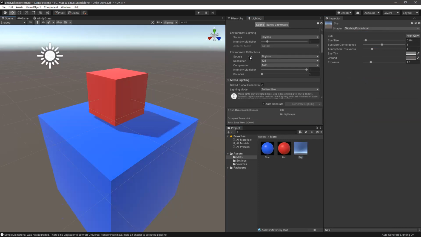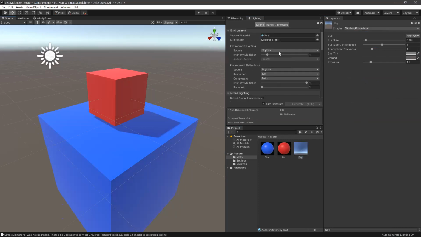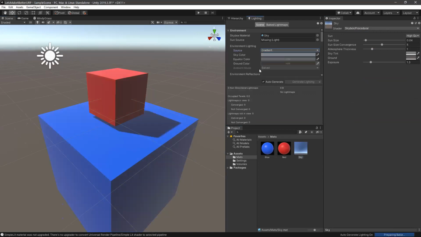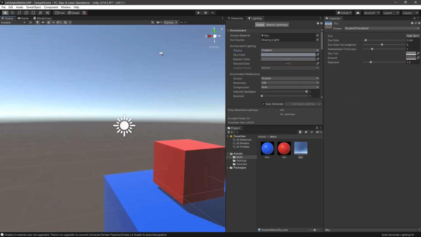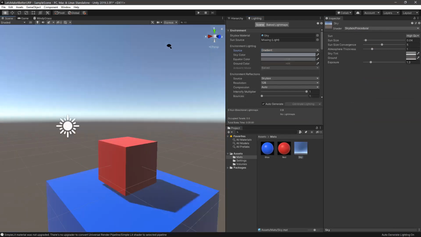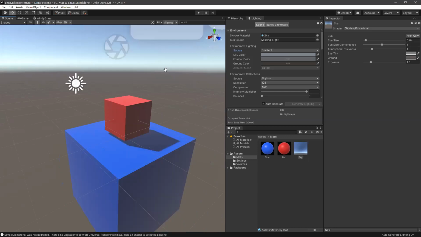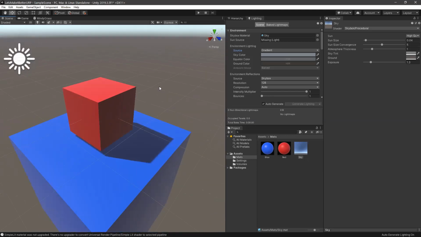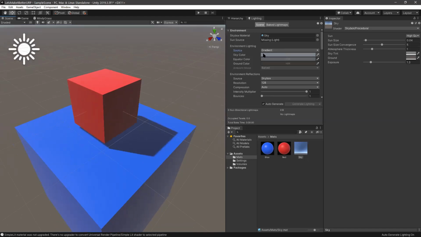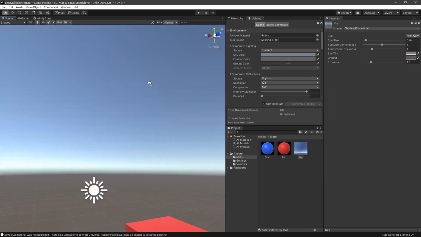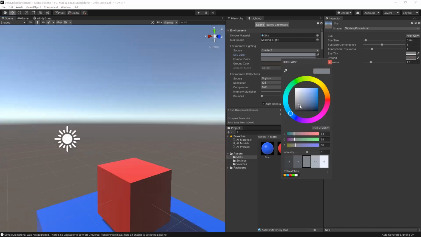So right now you see that the environment lighting is coming from a skybox. I won't advise that. I have to work with a gradient lighting. When you're having a sky, it is not always like the sky here, right? So you're importing your own skybox, and to have better control on how light is getting reflected, change the environment lighting source to gradient, just to keep things under your control. For example, the sky is blue here, but I want